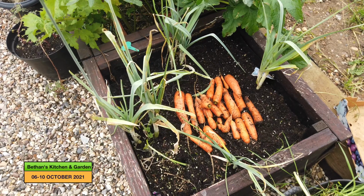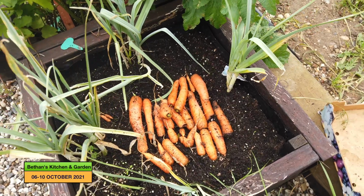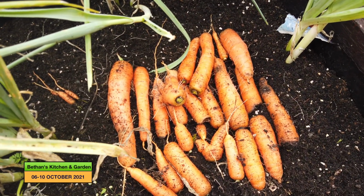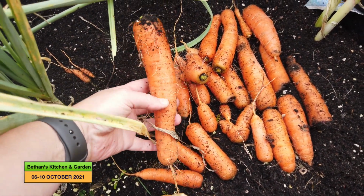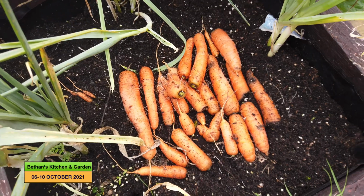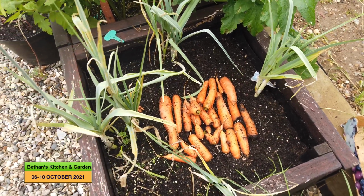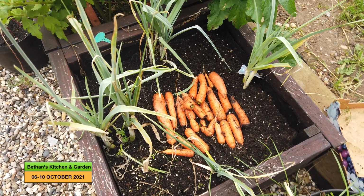And before I continue harvesting the nasturtiums, I wanted to show you the carrots I've just pulled up, because I'm emptying this bed because I'll be either putting shallots or garlic in here over winter, so I need this bed emptied, and I also needed some carrots for a chutney I'm making, a courgette and carrot chutney. So I just thought I'd show you what I got out of this little tub, essentially. I shall harvest the leeks soon as well, but I just wanted to show you that